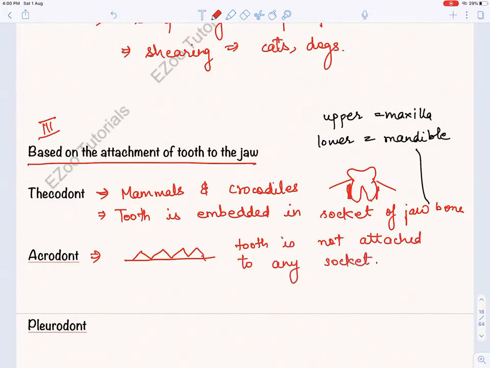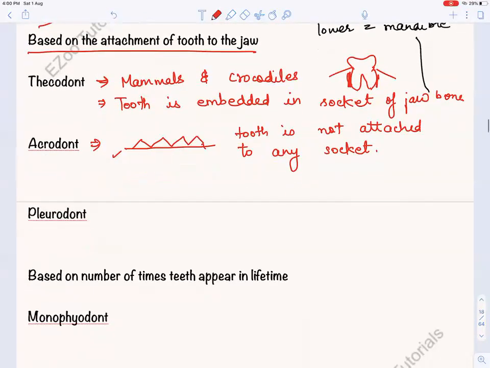Okay. When you do one more thing, then you'll understand why this is very interesting. I'll just do it. Okay. Pleurodont. What is pleurodont? So the example here is fishes and amphibians. What is pleurodont? Pleurodont means when the